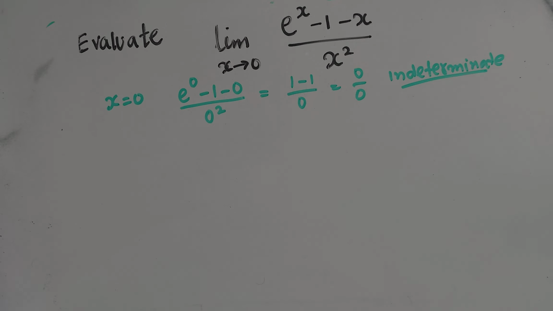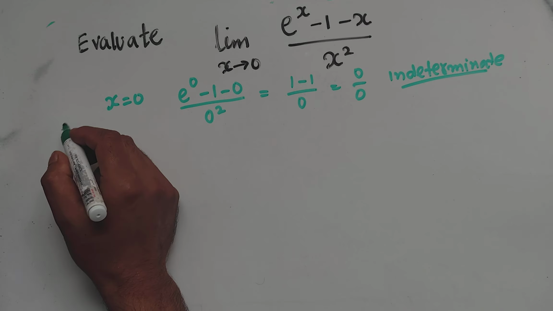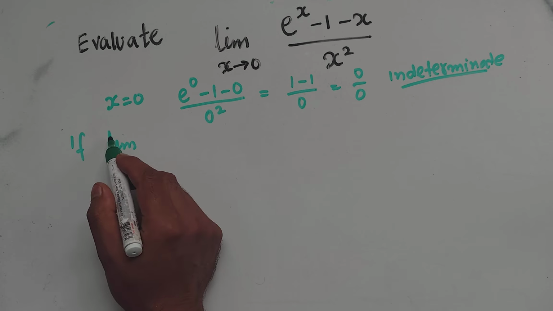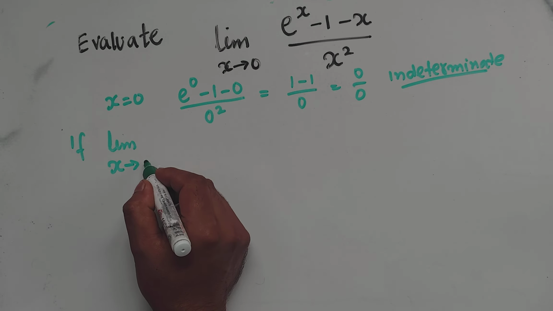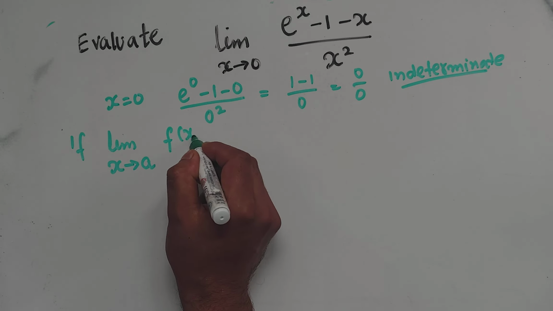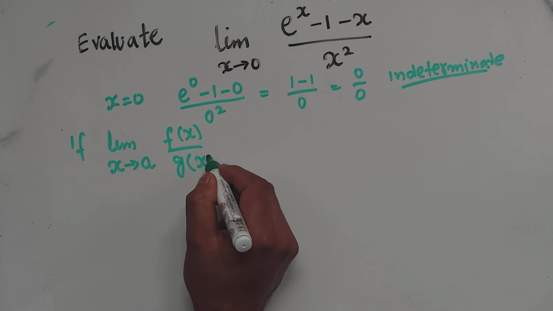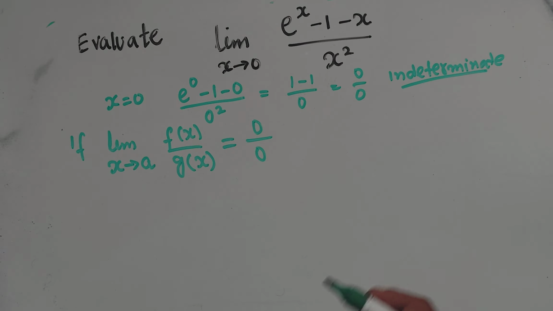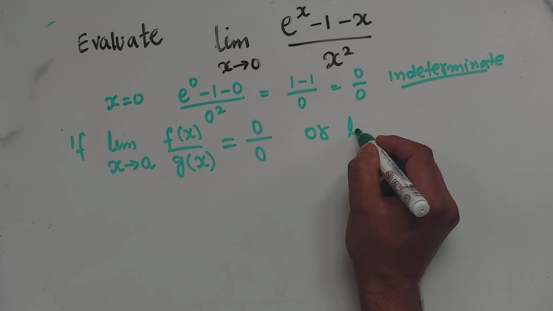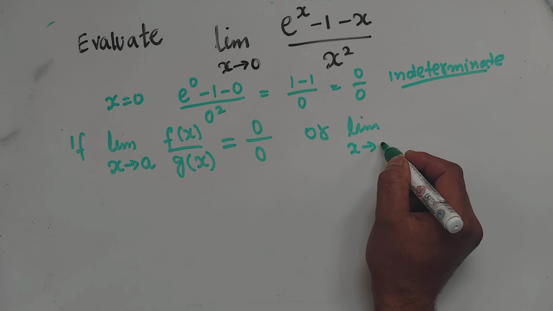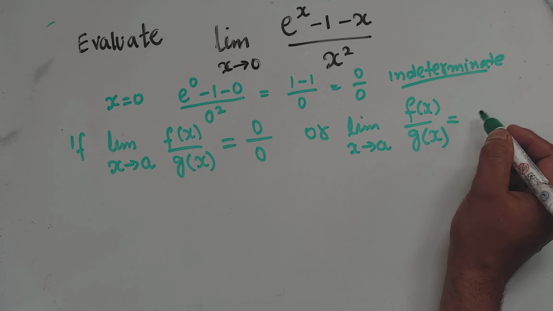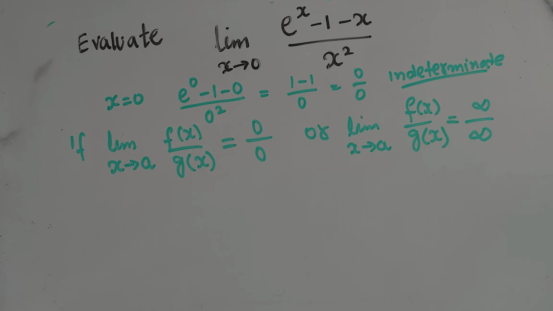So what does this L'Hopital's rule tell us? It simply tells us, let us say we have a limit as x approaches a of a function f of x upon g of x, if we have two functions, and if it is equal to 0 upon 0, which is an indeterminate form, or if we have another limit as x approaches a of f of x upon g of x, and if it is in this indeterminate form, infinity upon infinity, then what we do,